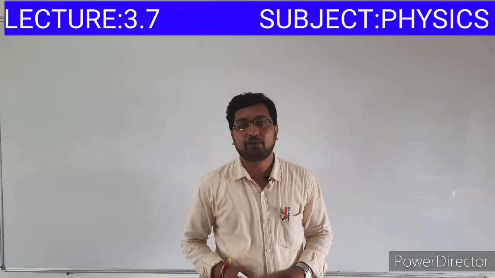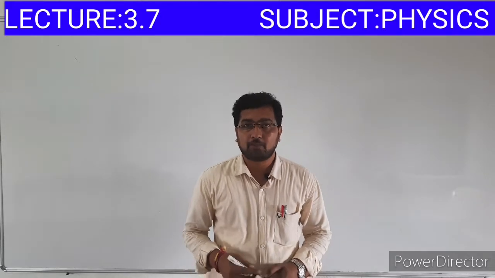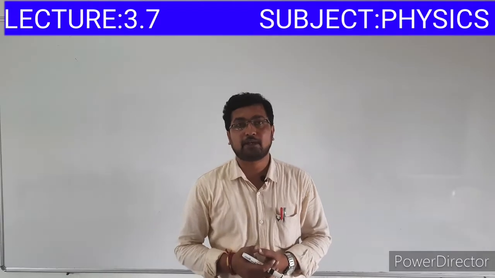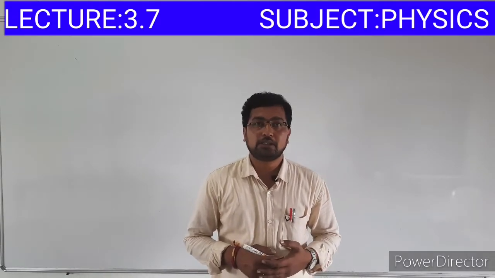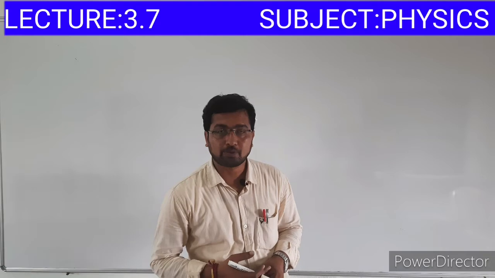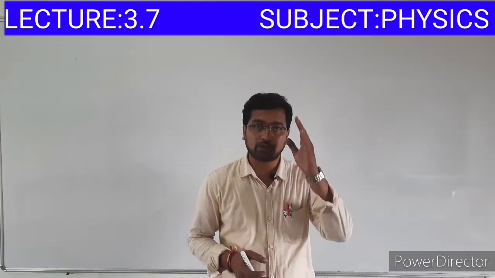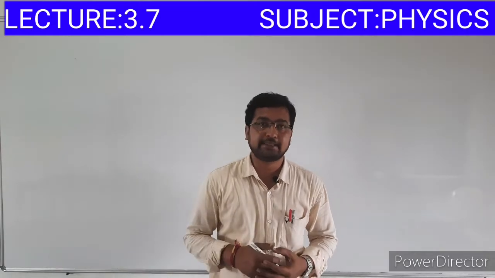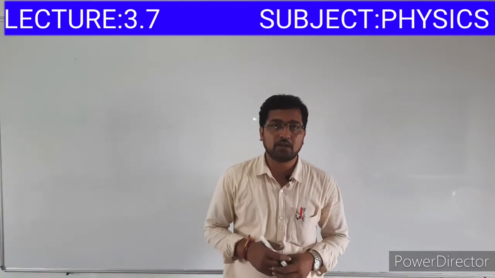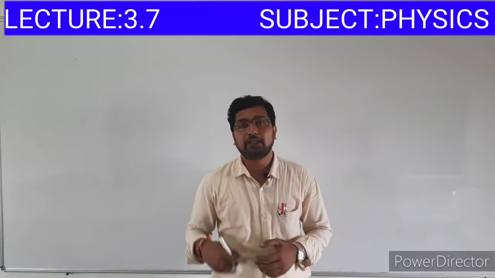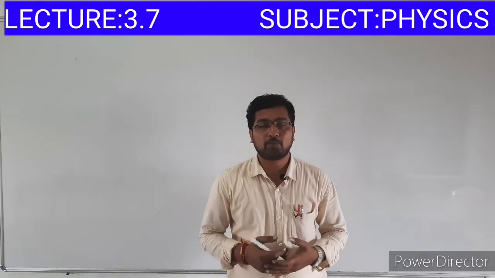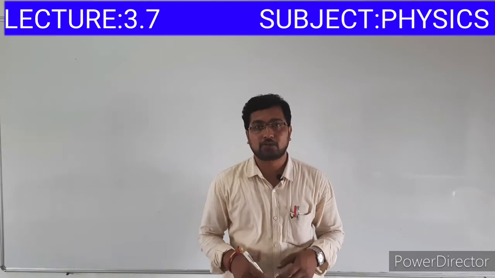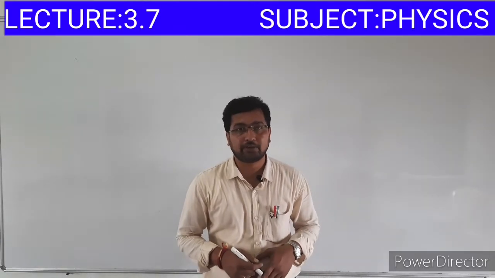In the previous video we discussed the position time graph and its significance. The position time graph means the position of an object is taken along the y-axis and the time is taken along the x-axis, right? So that is known as the position time graph. And the second point is the slope of the position time graph gives the velocity.